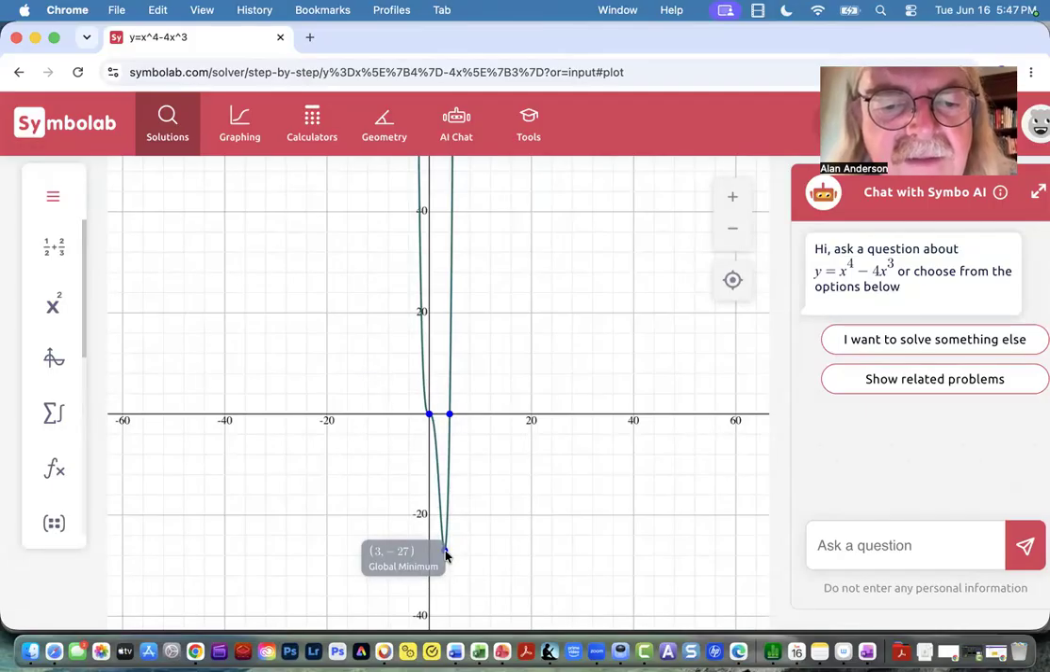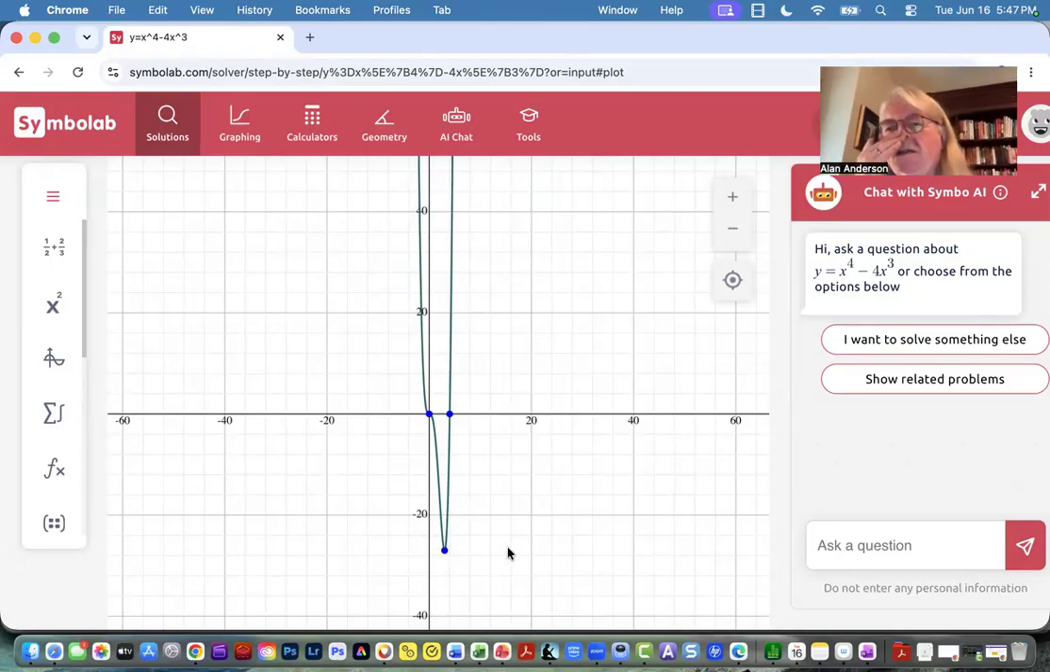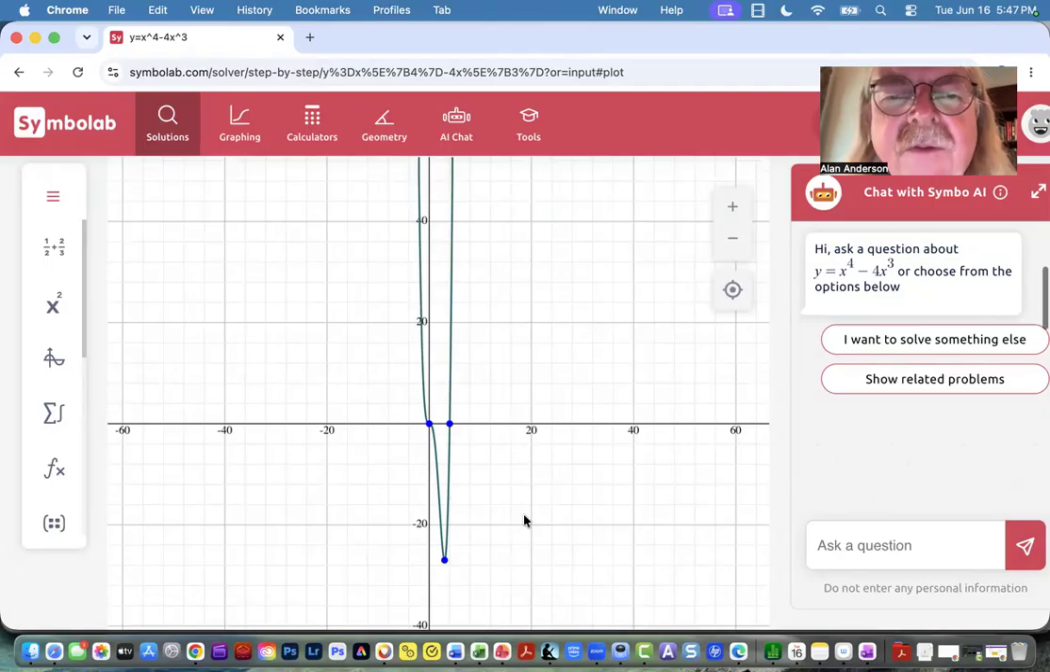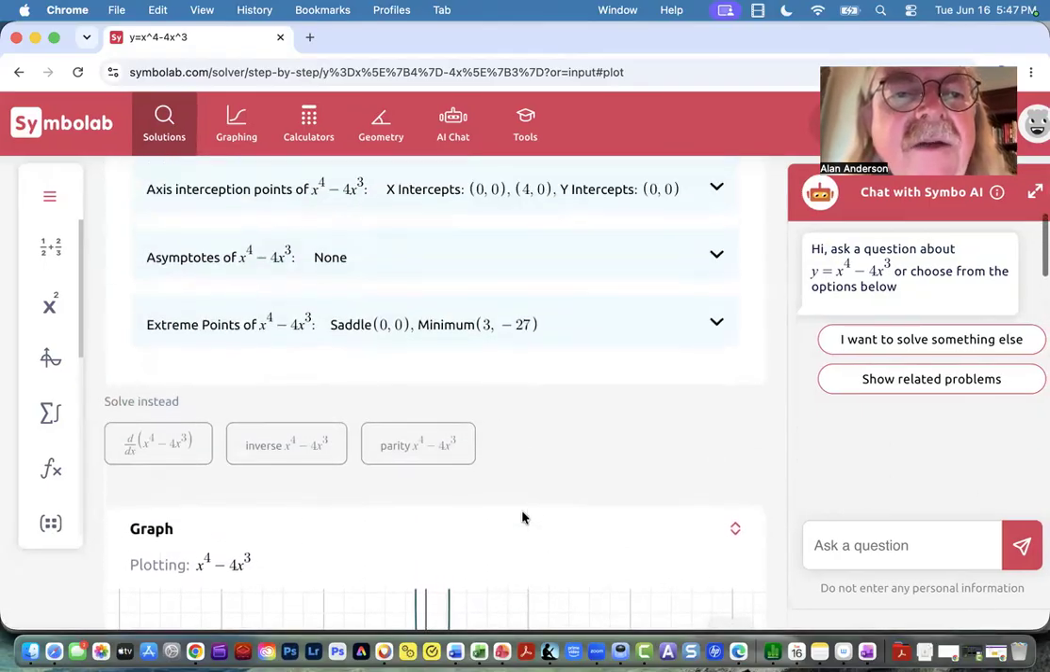What's going on here? Oh, I see. Okay, no, I forgot. Symbolab is labeling those, but that's not why they're labeling them. There's a different reason for those labels. But anyway,